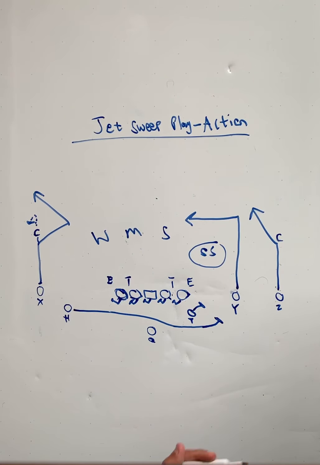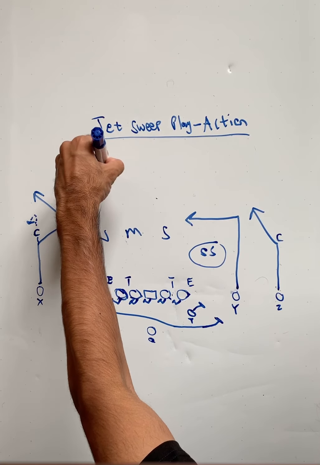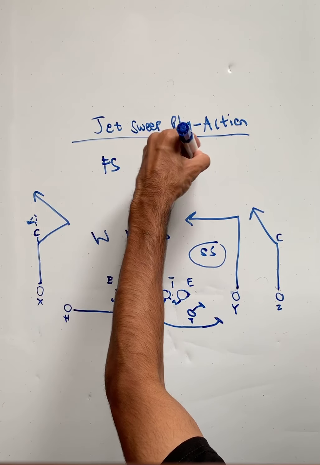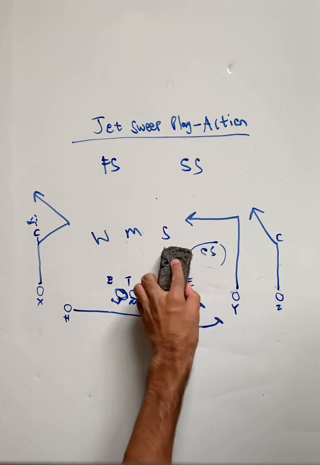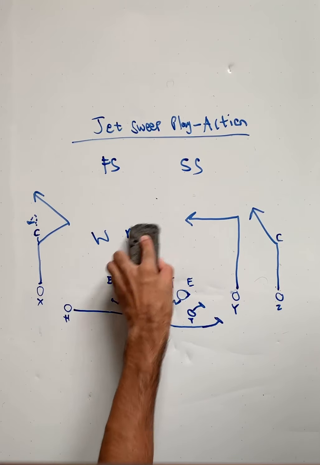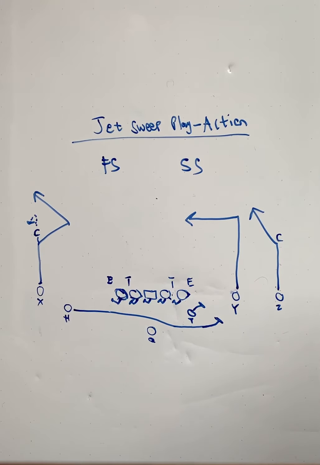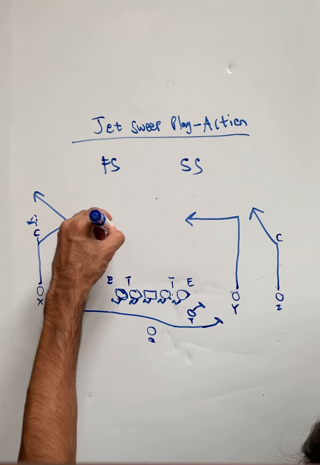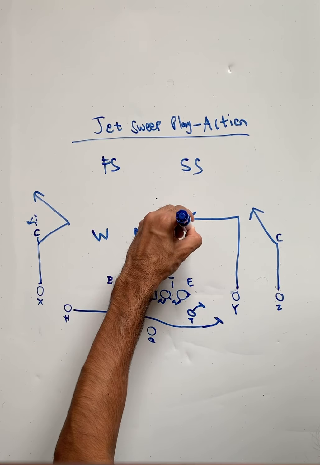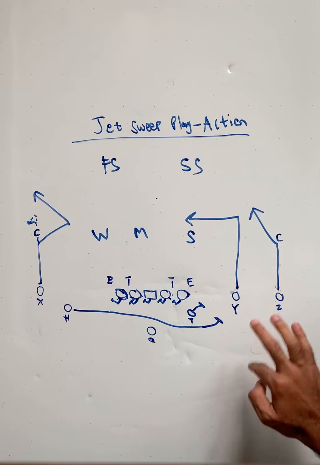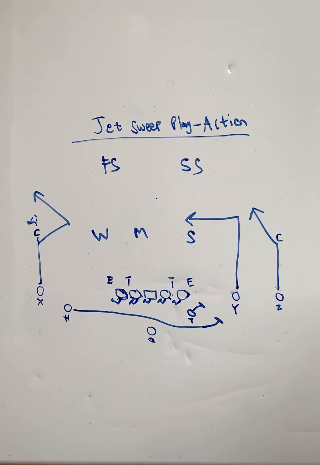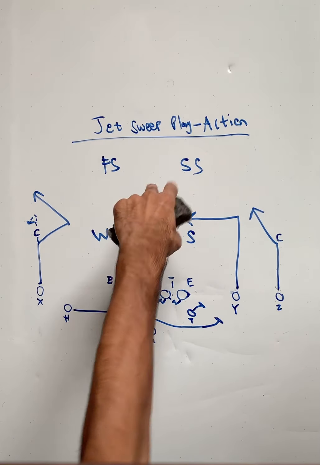Everything else is basically going to stay the same, except for that one route, and that's going to cause some problems because, you know, teams make mistakes, and they're likely to do so in what I'm about to explain. So what has changed is going to be the two high look, and we've got